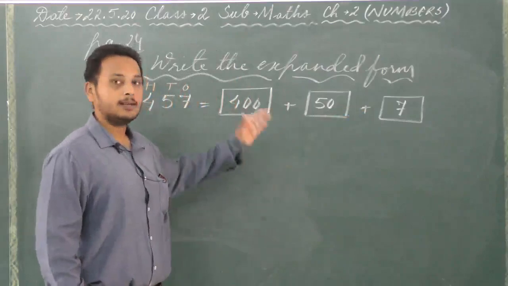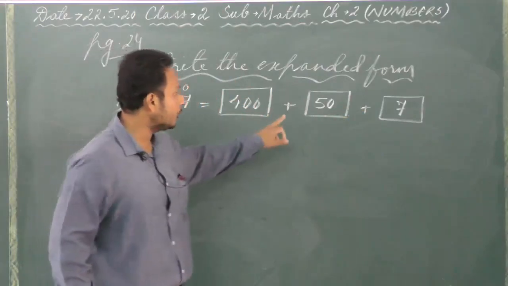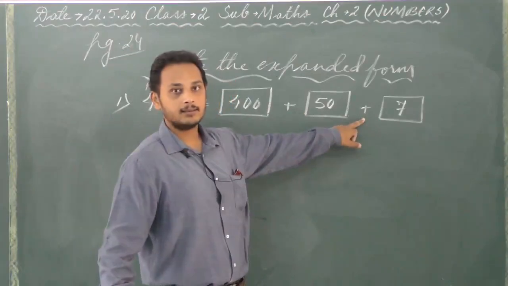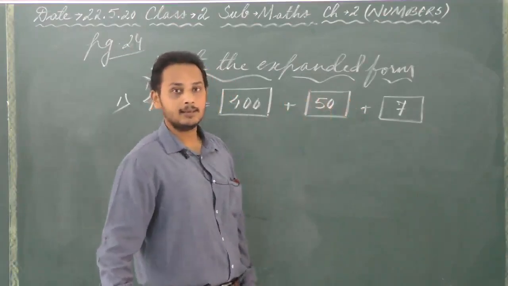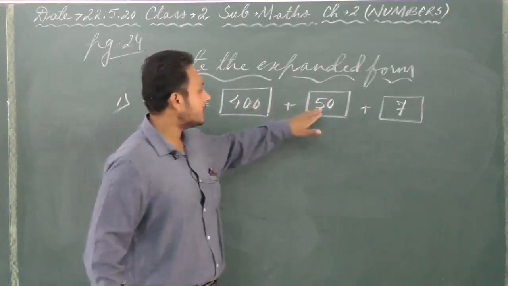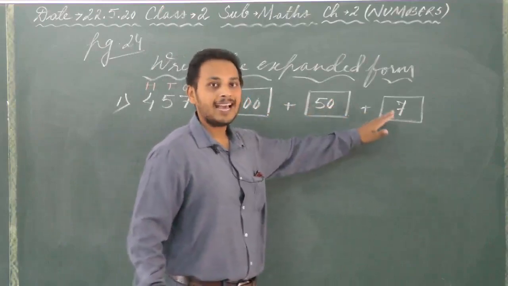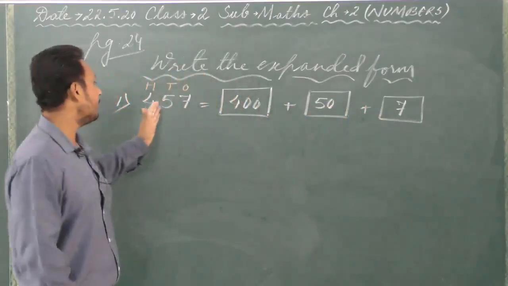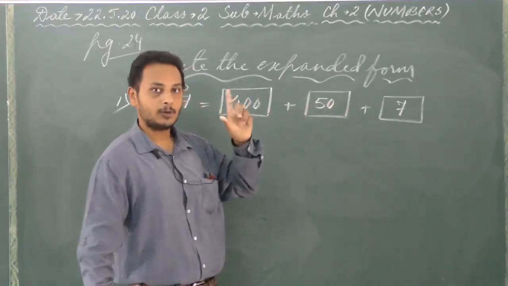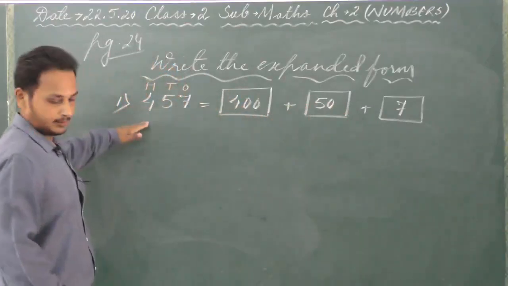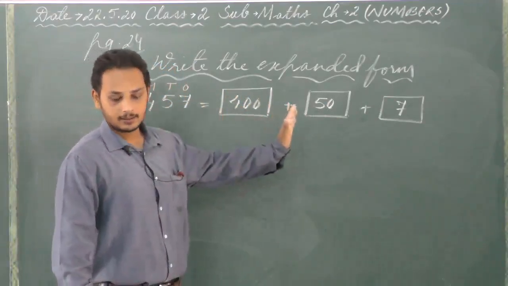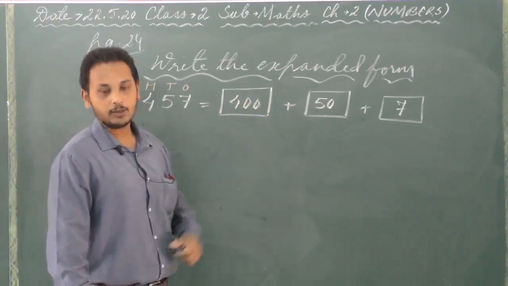As I explained earlier also in some examples, and even here you can see the symbol of plus is given. Why? There's a reason. That is why plus is given. What is the reason? The reason is that when you add these numbers 400 plus 50 plus 7, the answer that you'll get is 457. That is why plus is given. Okay, so remember this point. So I've done the first number with you. I hope you have understood how to do it. So the remaining numbers you'll do it yourself.